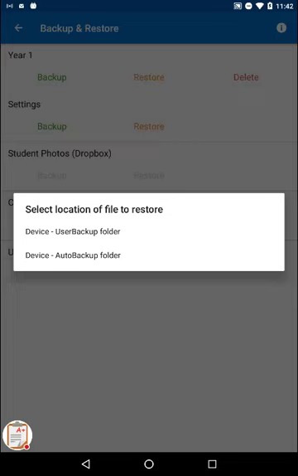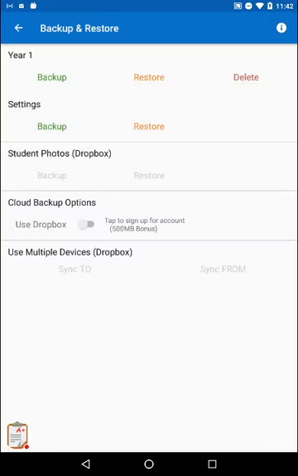Each time you exit the app with the back arrow from the main screen, or if the device just turns off or shuts down the app, an auto backup file is made for that day. So that way you can always go back and load a backup file from any of the previous days you've used the app. And lastly, as those backup files increase, you can actually use the delete option there to delete